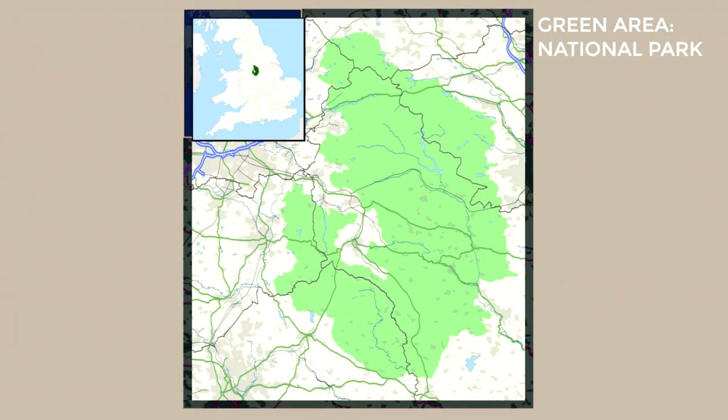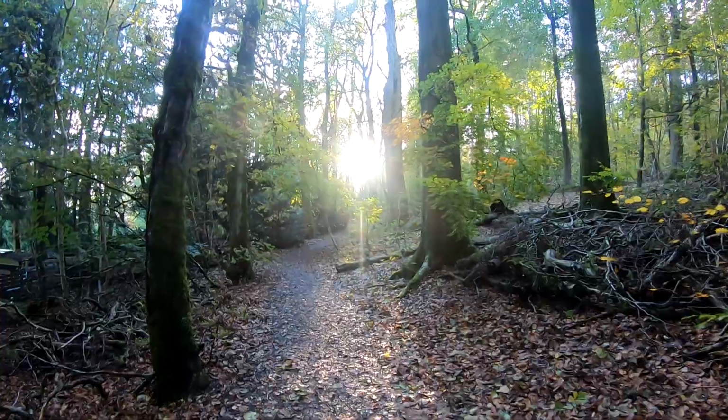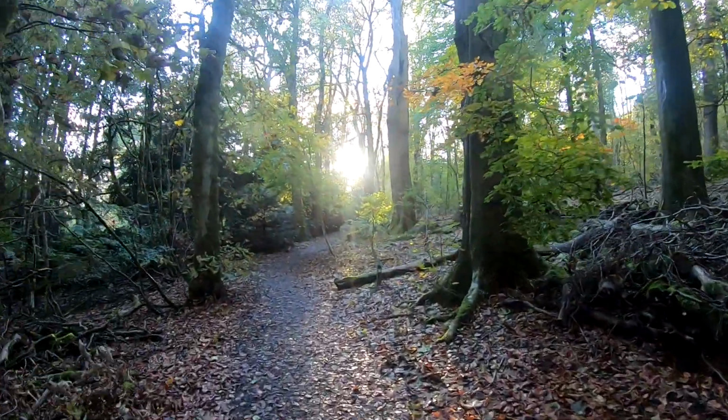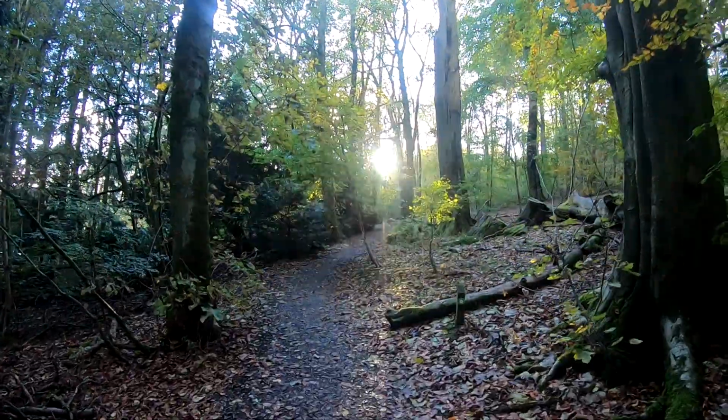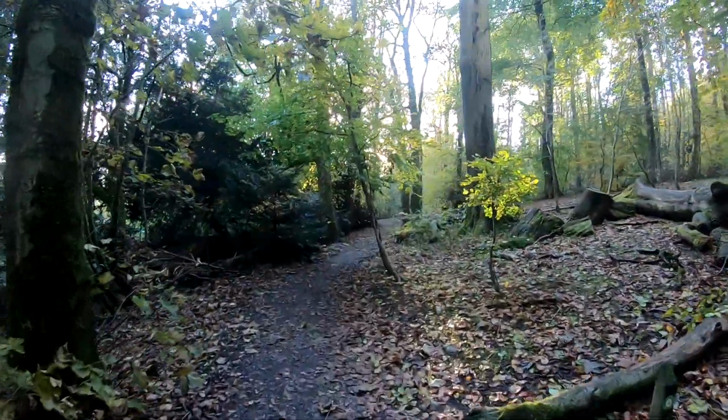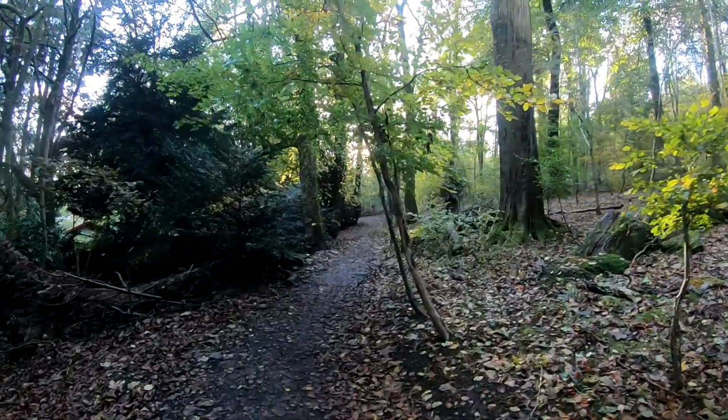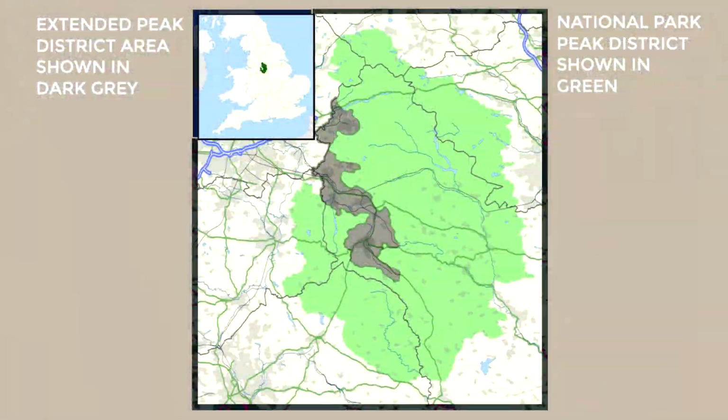So that's why Buxton and the surrounding areas make this sort of valley carving its way through the national park, where we're just excluded from the club. And now I'll try and explain why it is also in the Peak District, but it's not, but it is, but it isn't. Yeah, I'm being vague because there is no solid information online, no borders, no boundaries, it's only mentioned in passing. But these are the boundaries of the peaks that I've edited from descriptions of the Peak District that I found online, and funnily enough, there seems to be a link to all of these extra areas added onto the map.